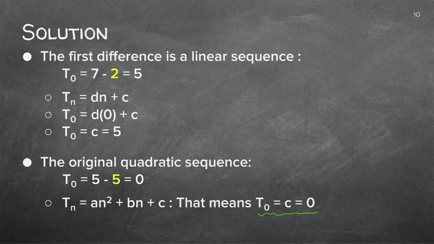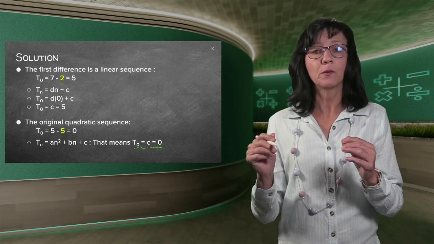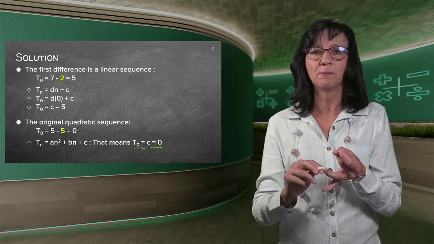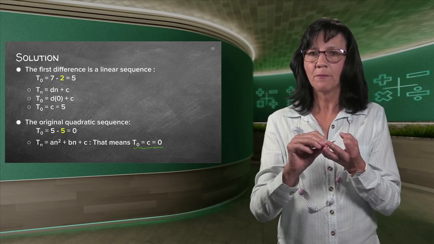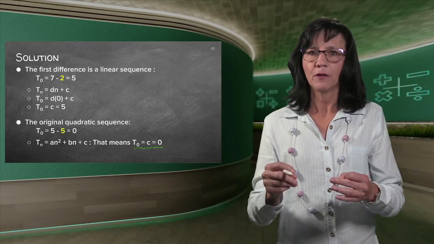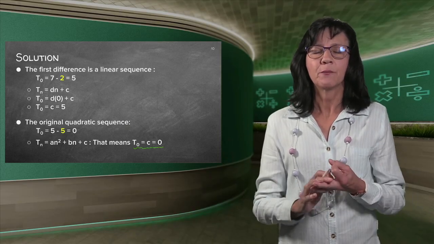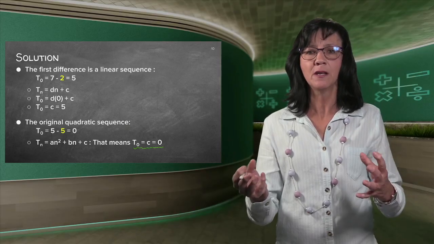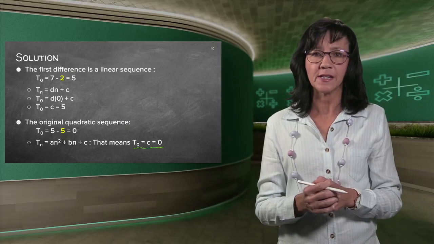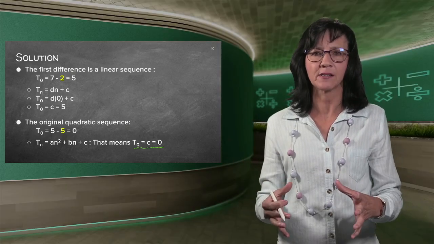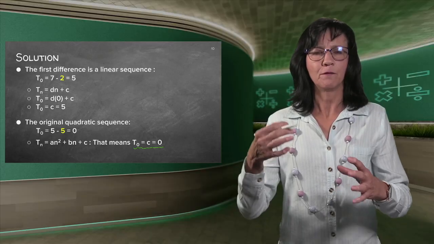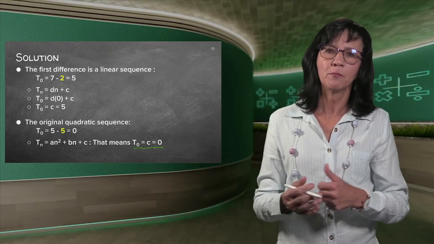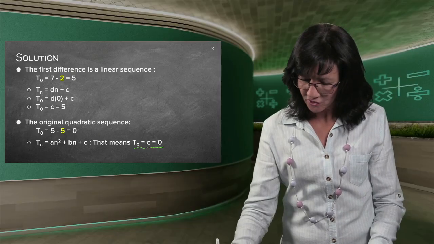Now in our next lesson, we're going to explain carefully, because remember the formula that we're working with now is an squared plus bn plus c. So remember, we now did T0 for a specific reason, and when we get to the next lesson, you'll see where the a and the b and the c slot in and why we need to do all of these. So for this lesson, it's just a practice to find the second difference, to find the next two terms, or to find the previous term. So it's really actually very easy.